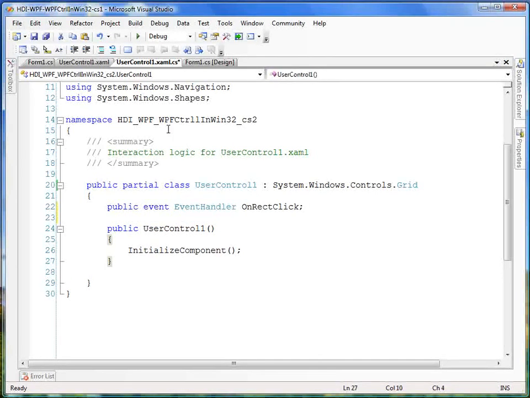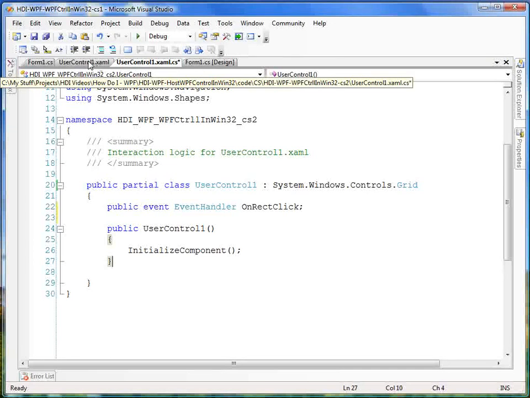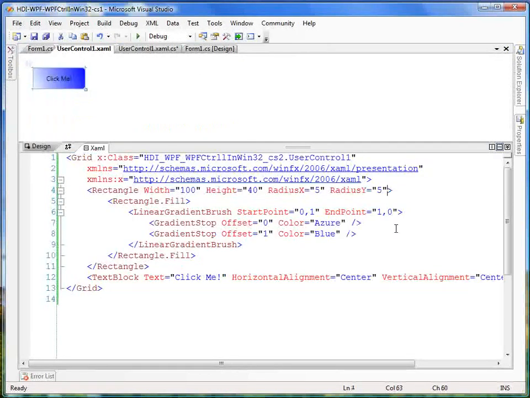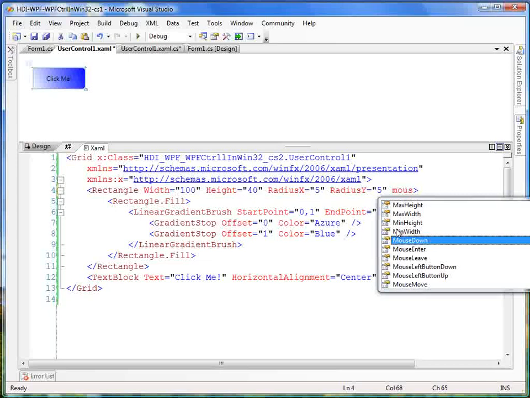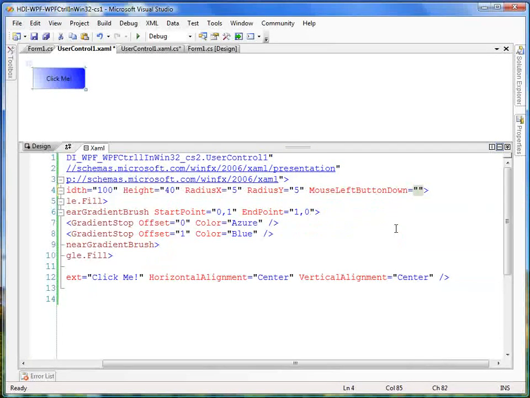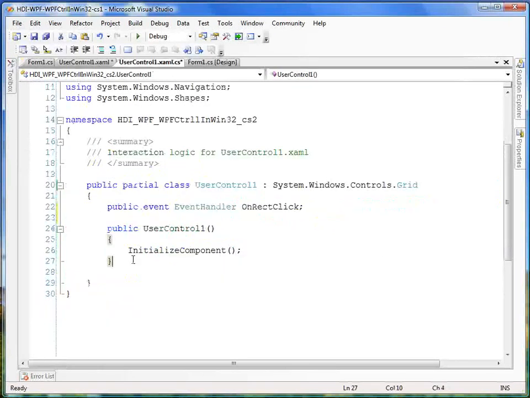All right. Now let's go over to our actual rectangle, and let's do a mouse left button down, and we're going to say that's going to be mouse down, and just for, I guess, more correctness, we'll say rect mouse down. All right, so let's copy that. We'll go back to our back end. We'll put in our void, Control V, object sender, mouse event args e,